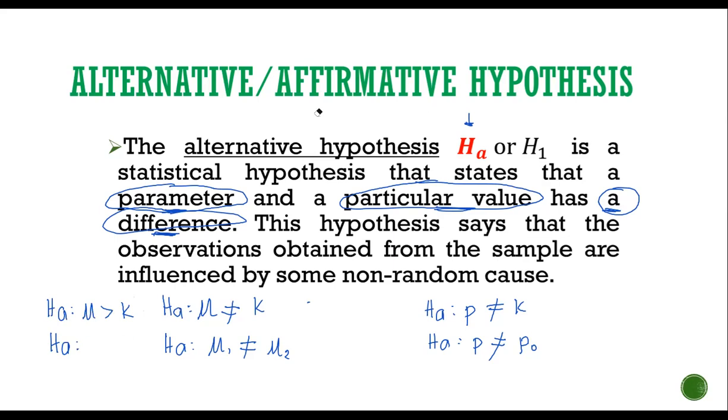Mu na lang tsaka K ang gamitin ko ha, hindi na yung ito. Okay? Or mu is less than K. Ayan. So ulitin ko, pag hindi natin alam yung direction, walang sinabi kung sinong mas malaki, sinong mas maliit, gagamitin natin not equal. Kasi hindi natin alam kung ano yung difference na tinutukoy nila. Pero kung nakalagay dun sa problem that it is less, siyempre gagamitin natin to, less than.